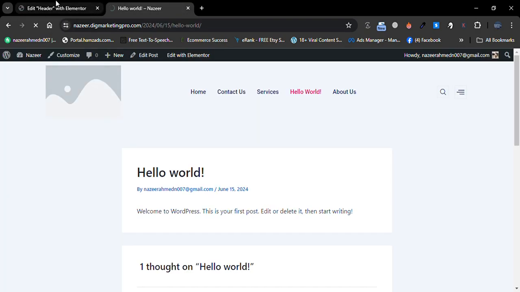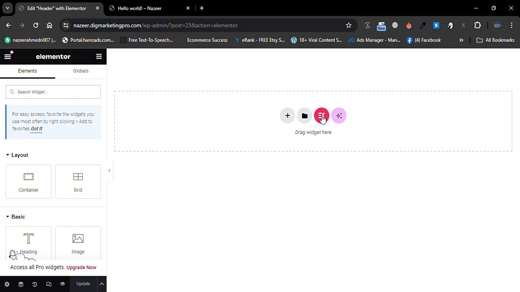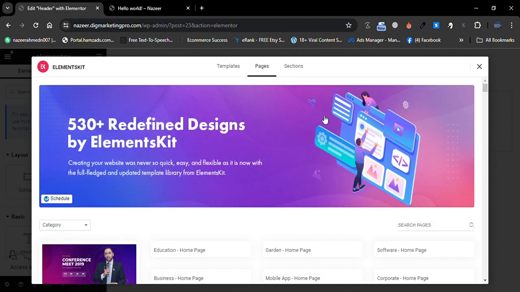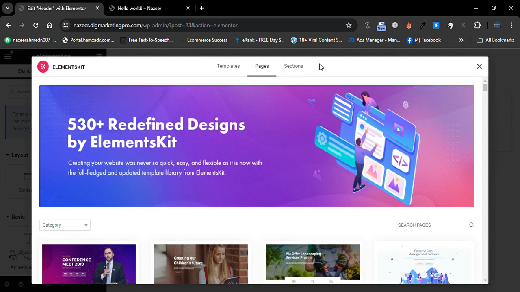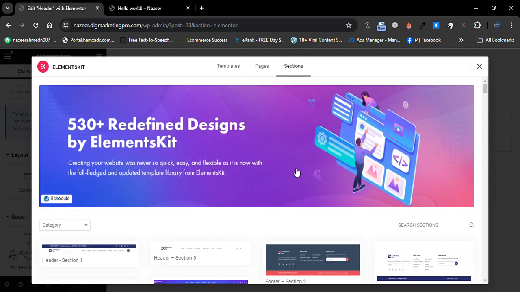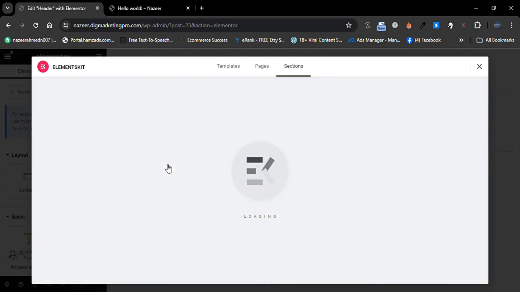So let me make a menu. So then click on Add Elements Kit Template, then go to Sections and choose any of the header from here. So let me check it. So I will choose this one. Okay, I will insert it here,